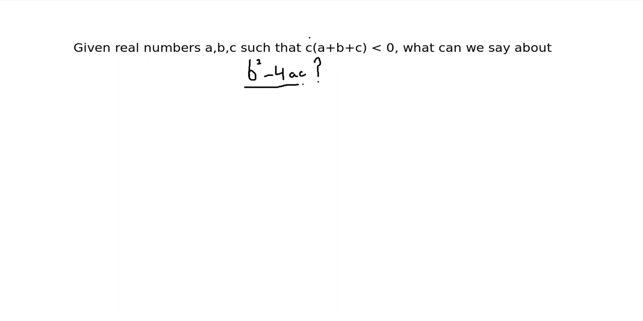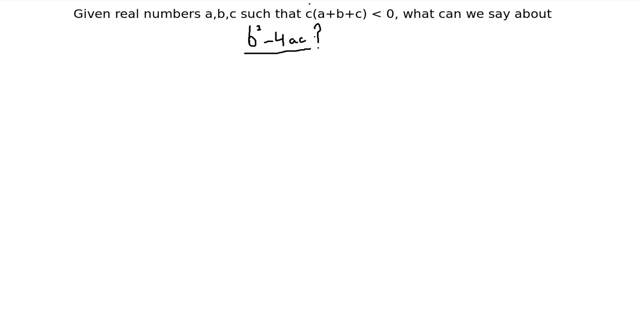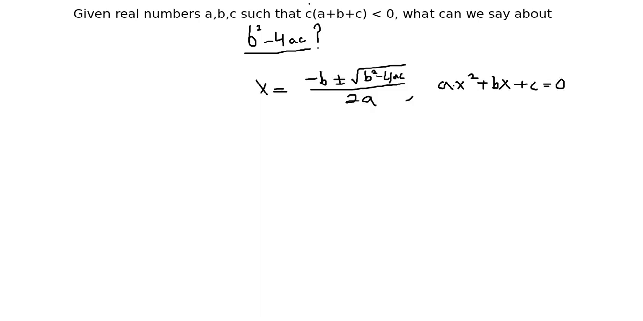But let's think about where we've seen this expression before. The first thing that should come to mind is the quadratic formula, where x is equal to negative b plus or minus the square root of b squared minus 4ac, all divided by 2a. And this is the solution set for a general quadratic equation, ax squared plus bx plus c. So we can think